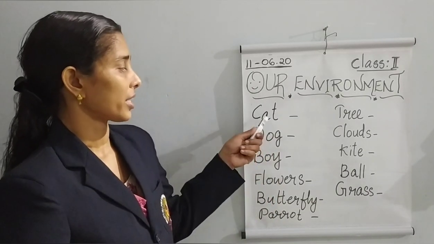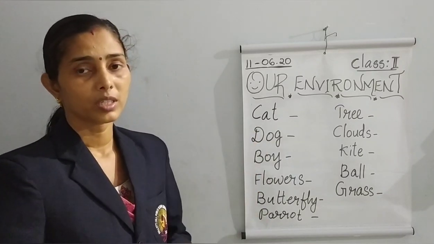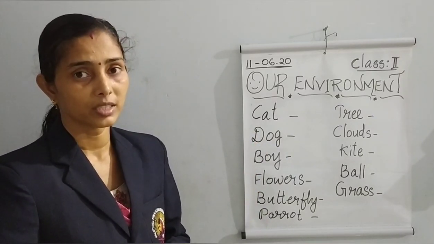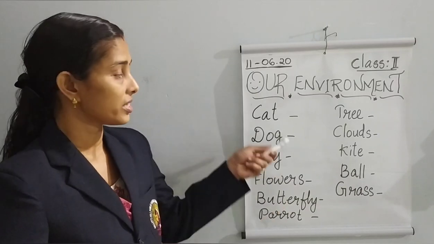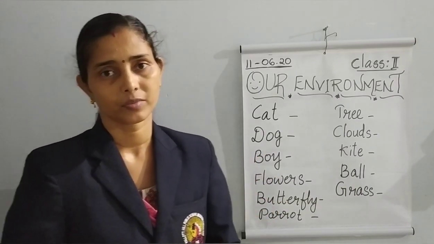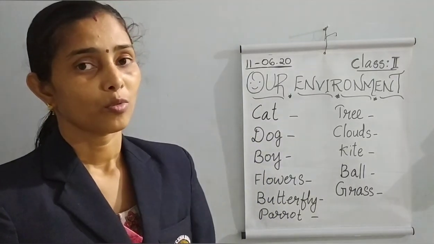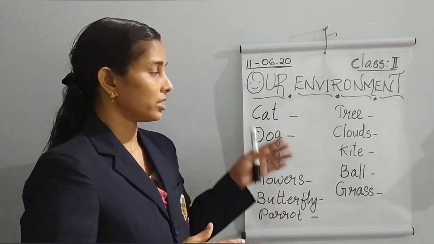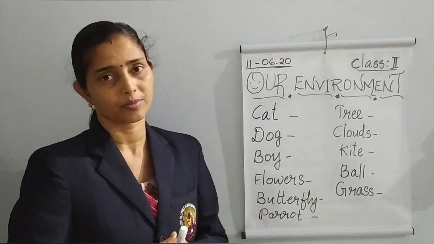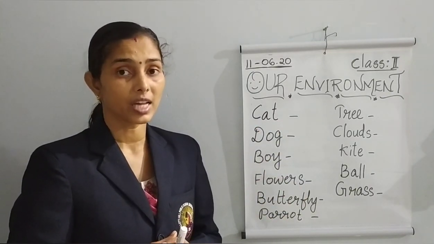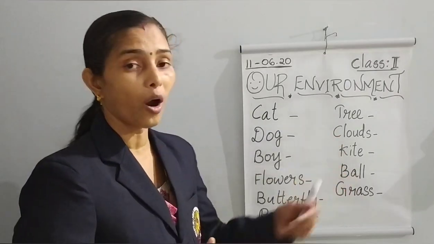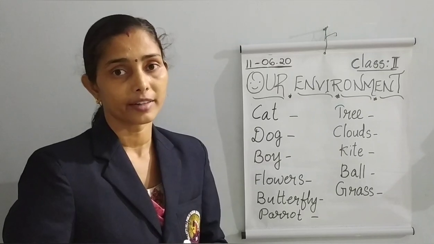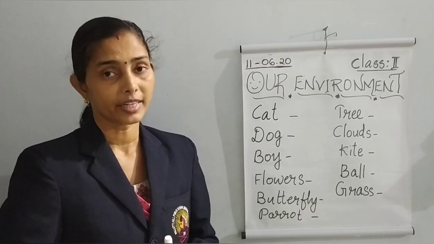The cat, dog and this group are called living things, isn't it? Because they have life in them. Living things have a lot of features that non-living things do not have. That is why we